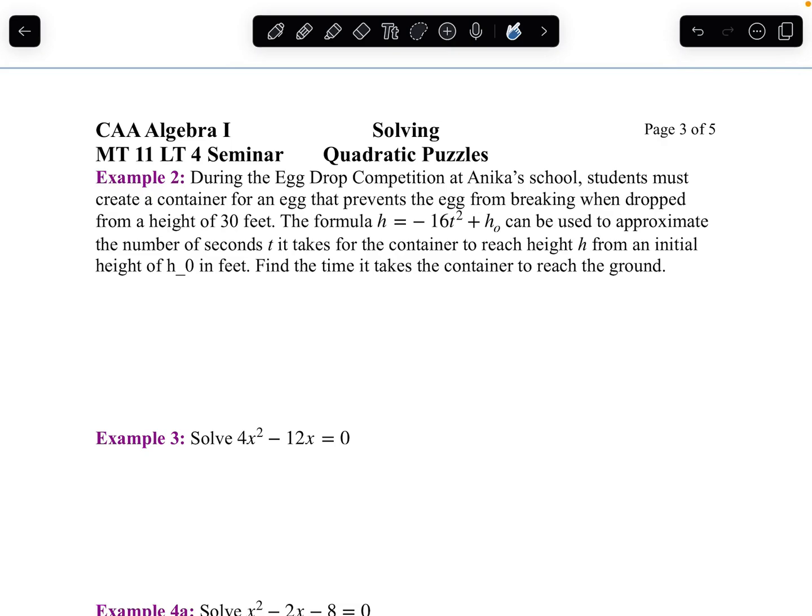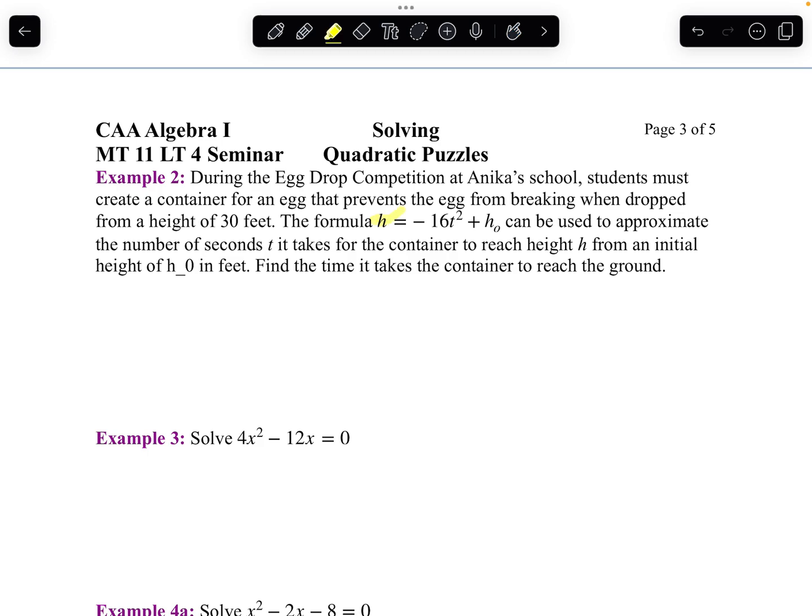Here we have an application of solving a quadratic equation. We have this egg drop competition, and they're going to train a container that prevents the egg from breaking when it's dropped from a height of 30 feet. We're going to use this formula,